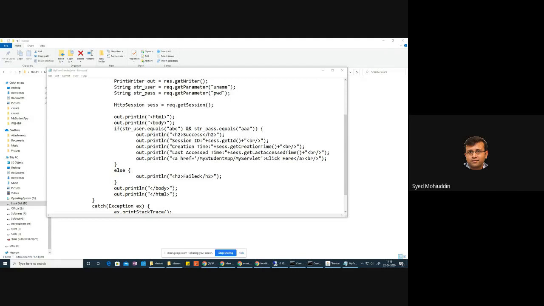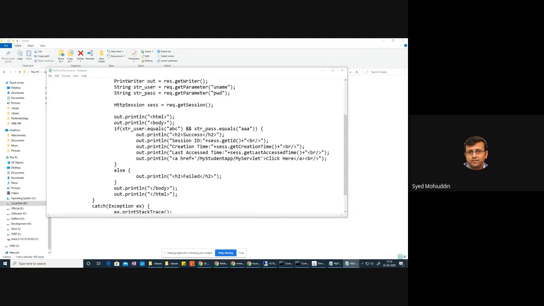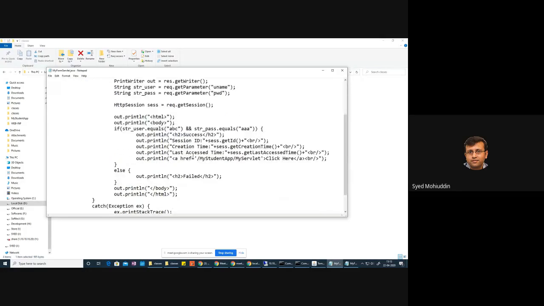So let us look at how to assign attributes. In my form servlet file, after the session is created and after we have retrieved the ID of the session, I will use the session object that we have already created, the HttpSession, so we will use session dot